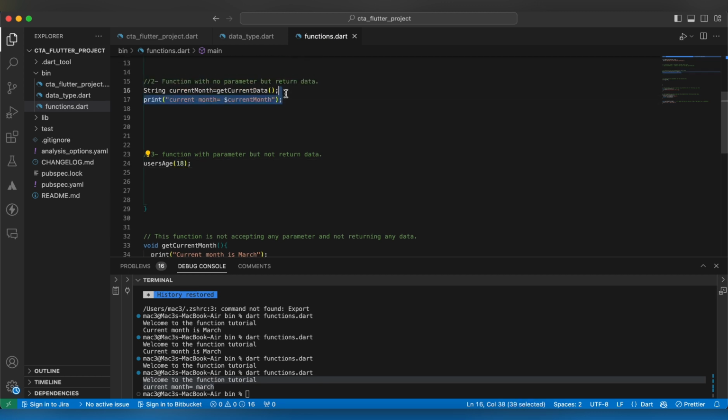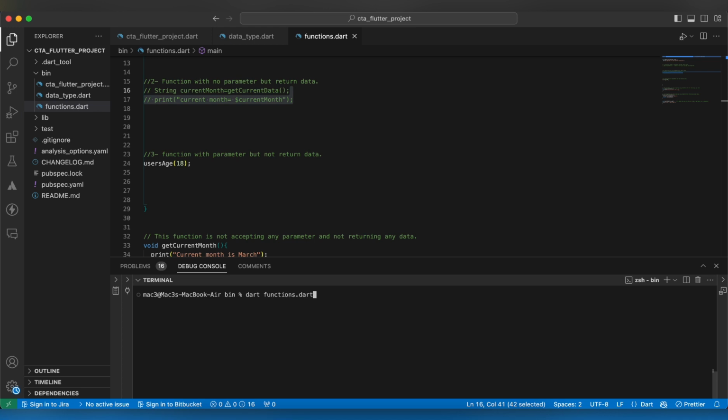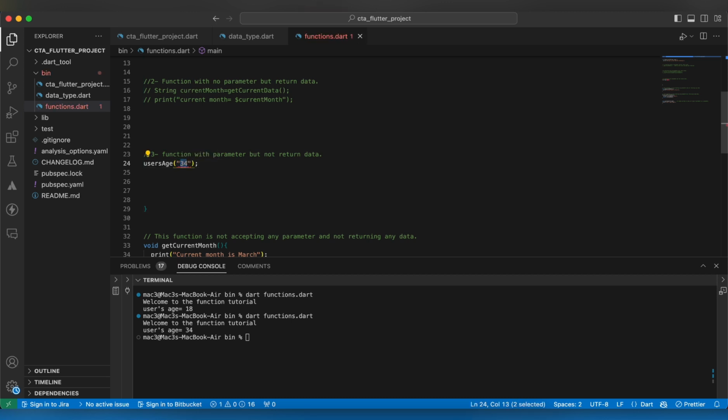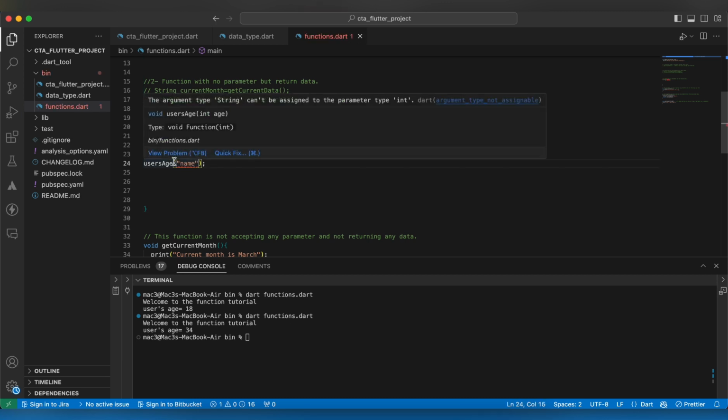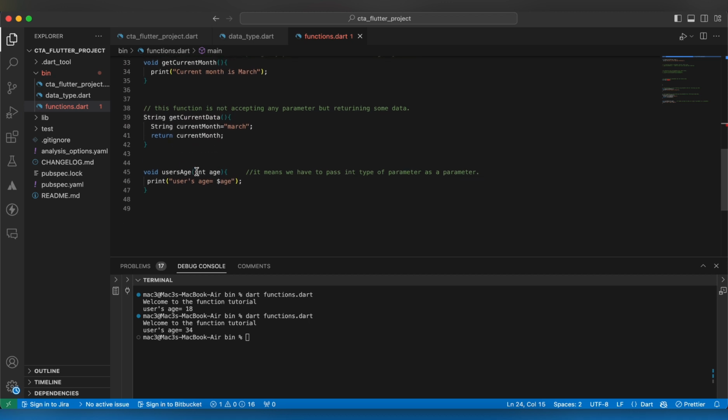We have to comment it out because we don't want any extra print in this program. So here you can see whatever we pass, it will be printed. What if we pass a string name? Then it will give an error